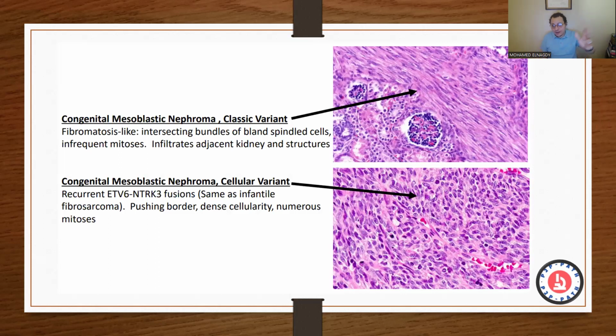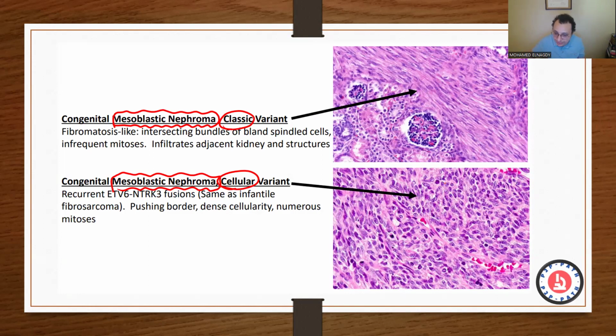These ones I already uncovered the diagnosis because we saw this picture before. We said these are the spindle tumors in pediatrics or in kids. We mentioned this one, very important, mesoblastic nephroma, the congenital mesoblastic nephroma. It has 2 types, classic variant and cellular variant. The cellular variant, you see only